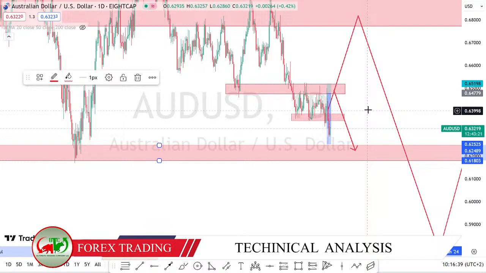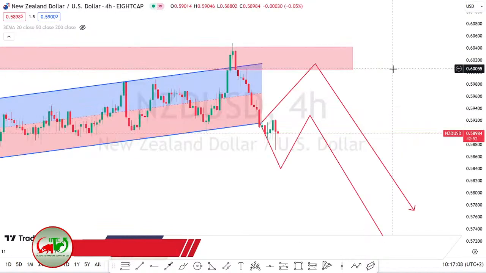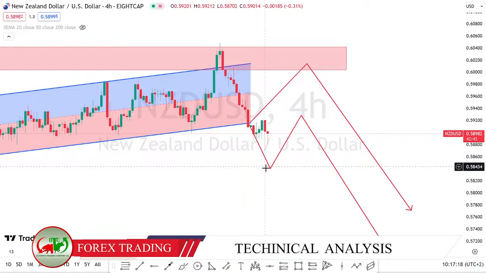If USD pulls back at this resistance and gives you a sell signal, of course, you can try to continue with a sell opportunity here because it is still bearish. That's how we will be trading USD and New Zealand USD also. You see now it has broken this trend line, and it is making something like a retest over there.